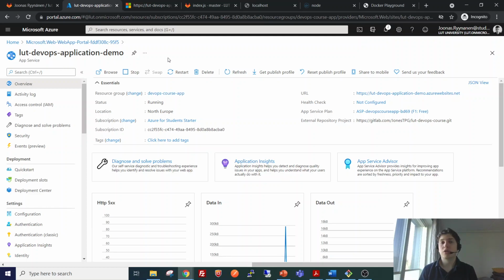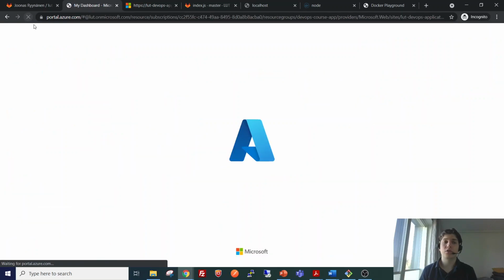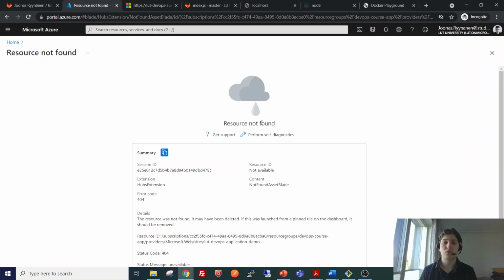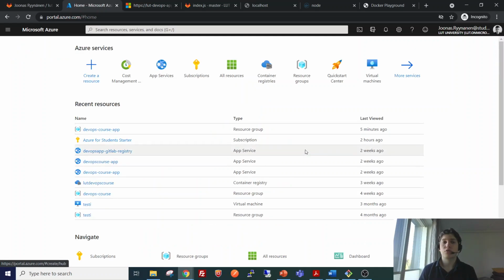So it is nice to experiment with different things, and you don't have to commit for a long time. You can just use this resource for like 10 minutes and then delete it like I did. So now when I refresh it, it probably says that the resource doesn't exist anymore. Yes, this is how you set up Azure Web App Service and run a Node.js application with it.